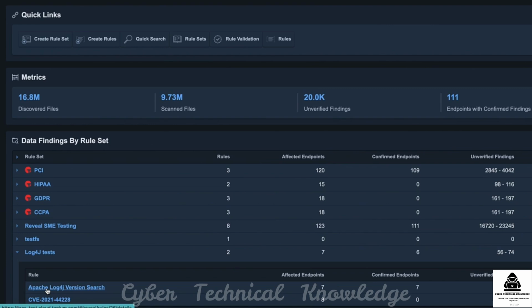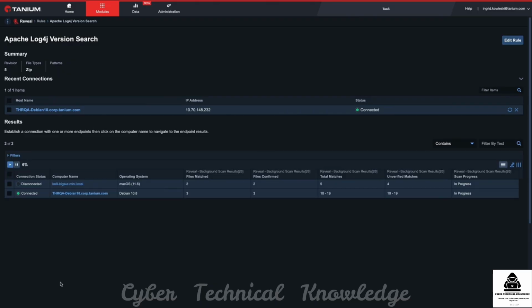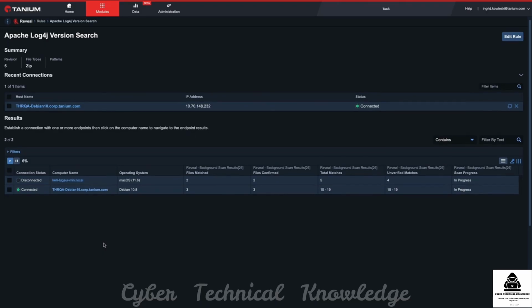This vulnerability is very unique, as it can be hidden within vendor software, also known as supply chain vulnerability. While companies may be scrambling to research whether their products are vulnerable, with Tanium Reveal